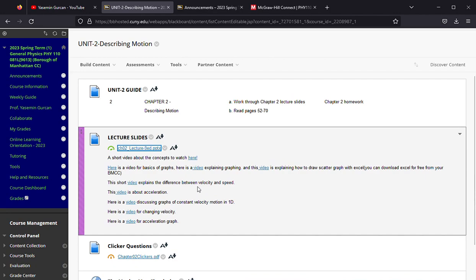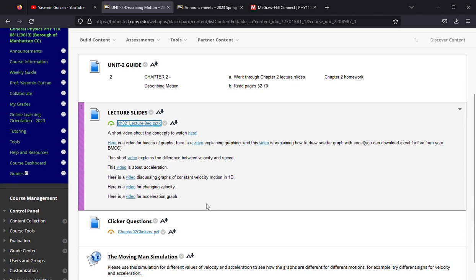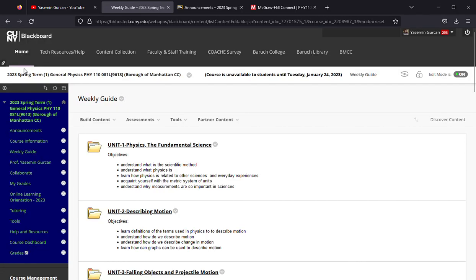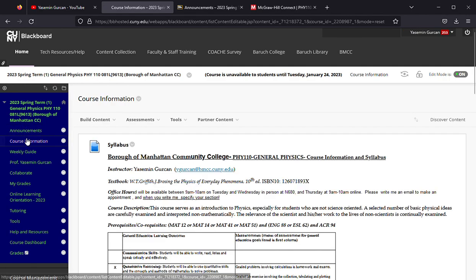So again, on the weekly guide, you have these units which you need to go over, and I recommend you to go over them after you read the book, but you can do vice versa, like watch the videos first and then go back to the book and read, whichever is going to be helpful. Just go over these materials. I put also some clicker questions to make sure that you understand the concepts clearly. So please don't wait until the last week before the test, so that's going to be a lot of things